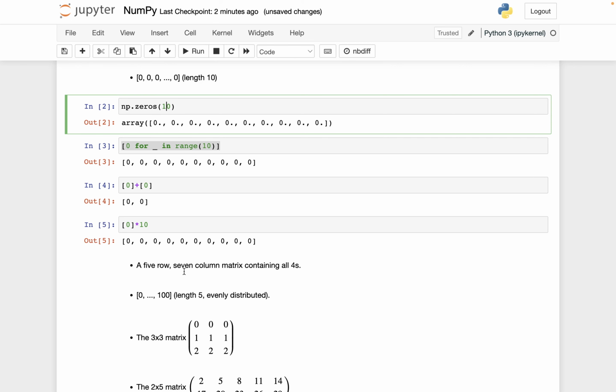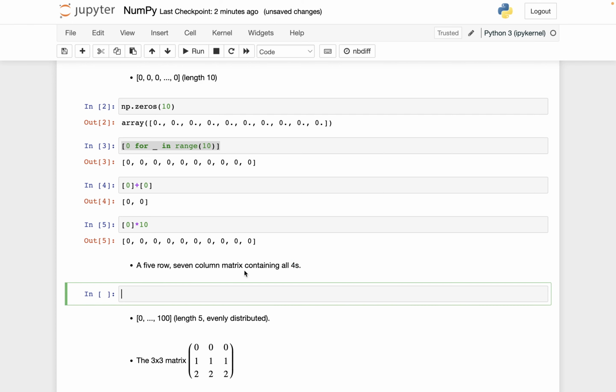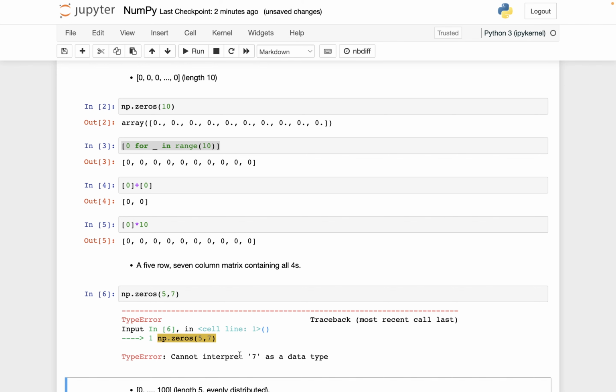Next, it's going to be kind of similar in the sense that it's constant, in the sense that every element inside of the array is going to be the same number. In this case, it's going to be all 4s. This is going to be a 2-dimensional array instead of a 1-dimensional array like we did up here. And so, for example, I want it to be 5 by 7. So I could do np, let's forget about the 4s for now, np.zeros, and a common mistake I make is to do 5, 7,